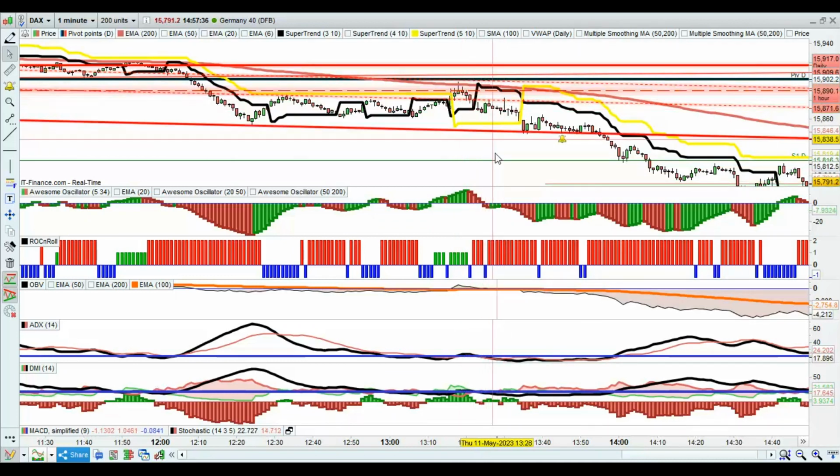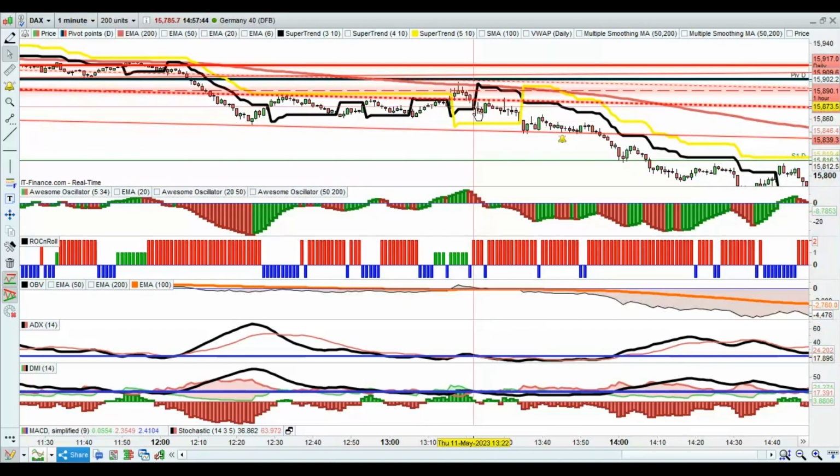So what we're looking for again is a cross back down below the zero line on the awesome oscillator. This has started to turn red. So we're looking for the price to cross below super trend, which it does there, and then it crosses below super trend 3 at this point as well. So we can sell at that point,